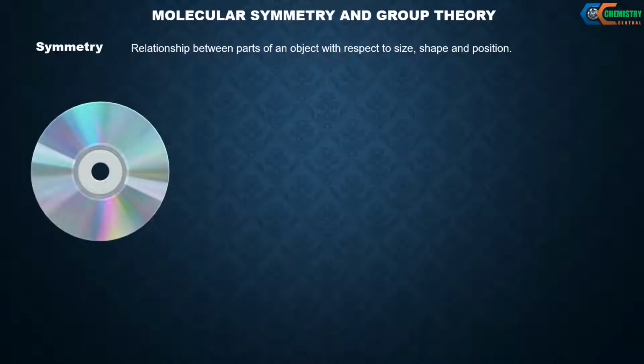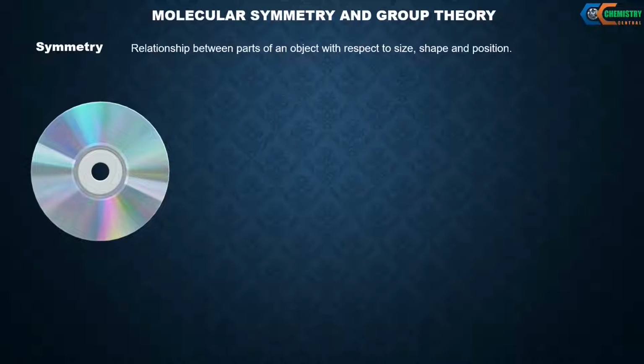If we imagine a point in the center of the disc, we will find that the edge of the disc in any direction is at the same distance from its center. That means it possesses a center of symmetry. We can also cut the disc into two equal halves which are mirror images of one another, which means that it also possesses a plane of symmetry. In other words, we can say that it is symmetrical with respect to a plane.